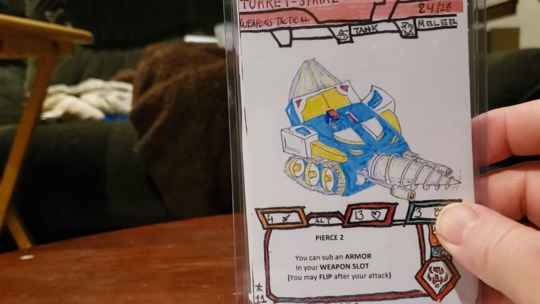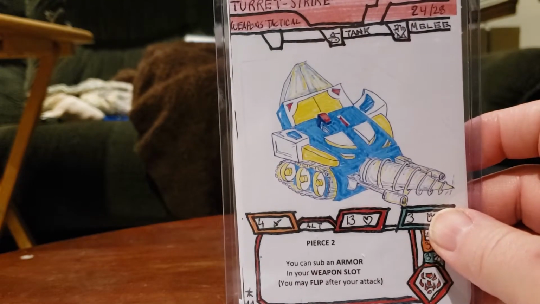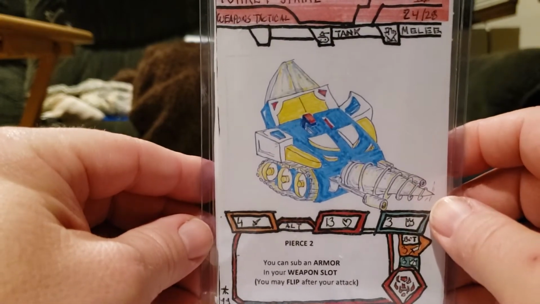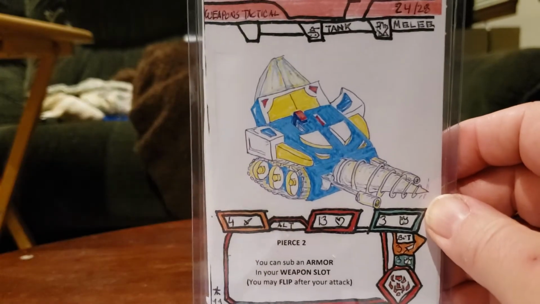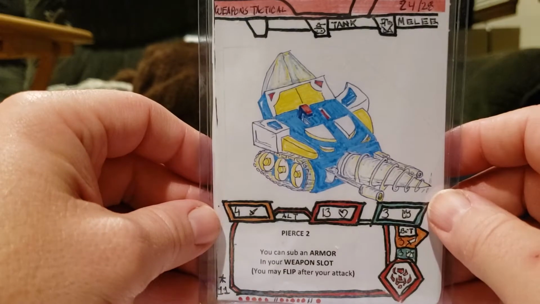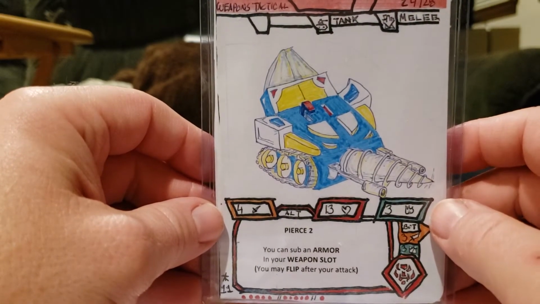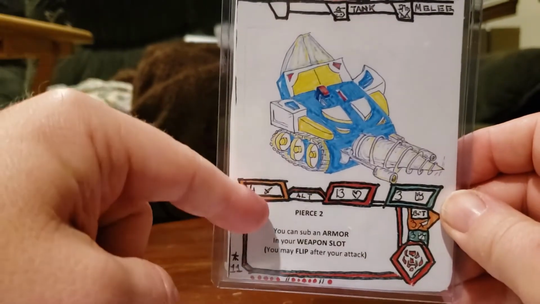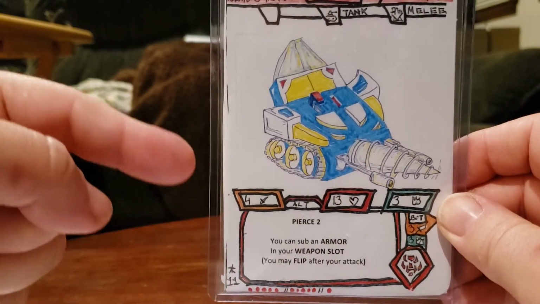So let's say theoretically, if you have 3 upgrades on him and his armor gets knocked off, say his weapon gets knocked off, and he's in this mode, on your next turn you could put another armor on him in his weapon slot, so he would have,